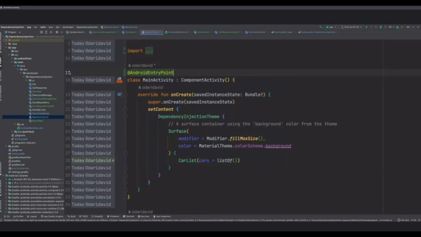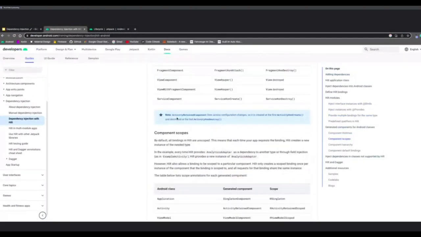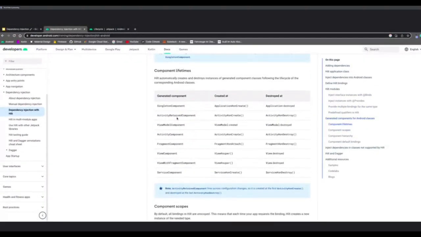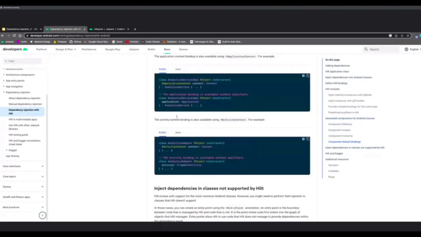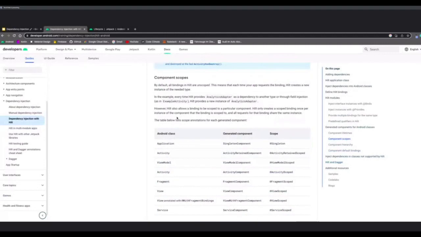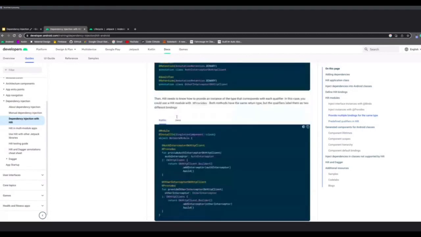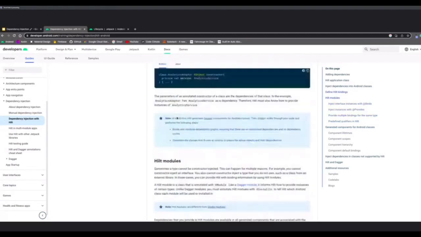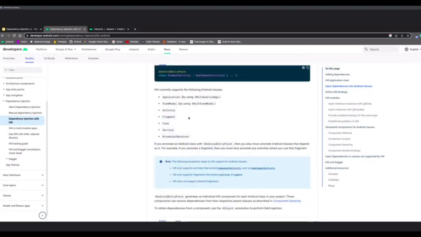There's a list of these different components, and there should be a table somewhere telling which entry points and the common annotations, like the Hilt Android app.